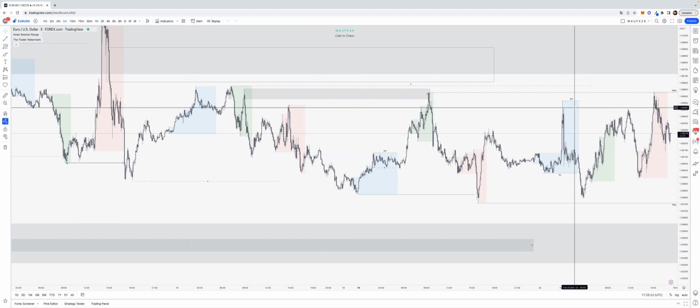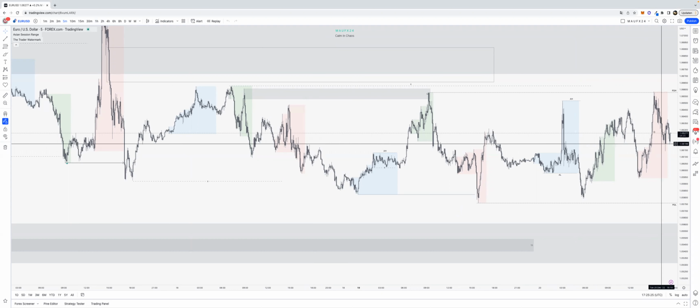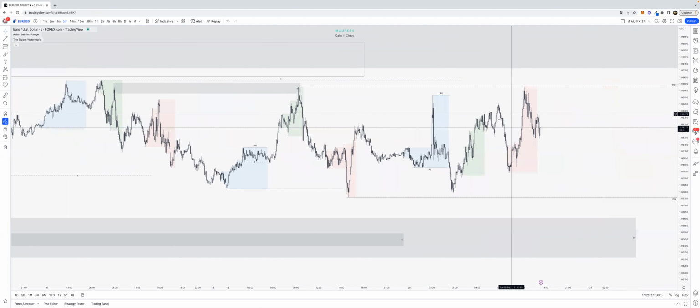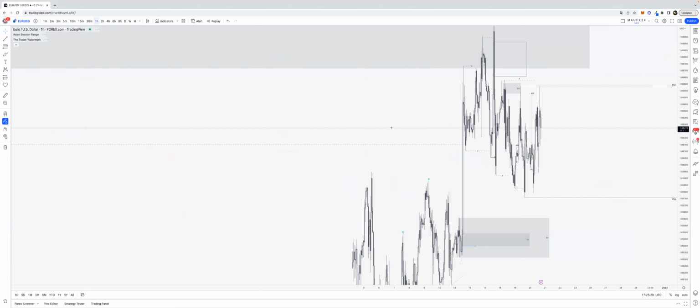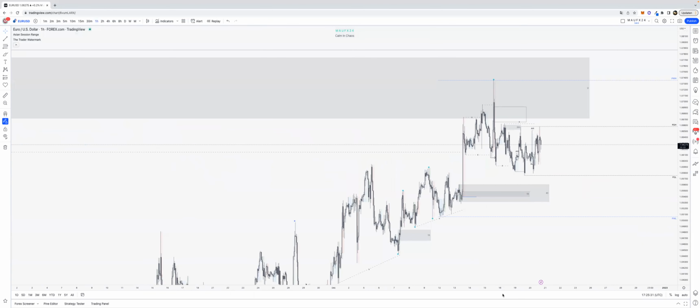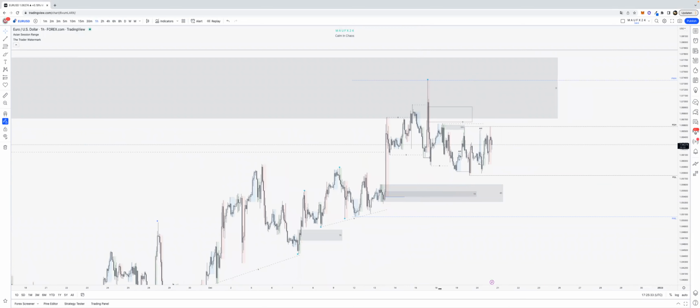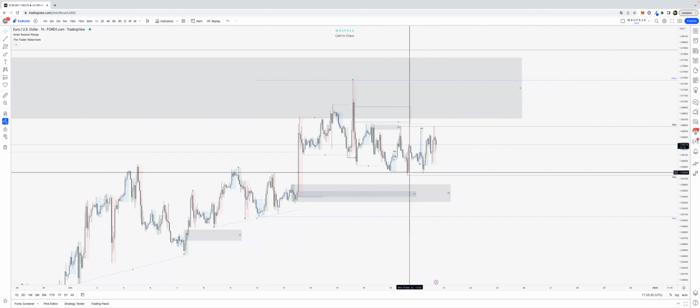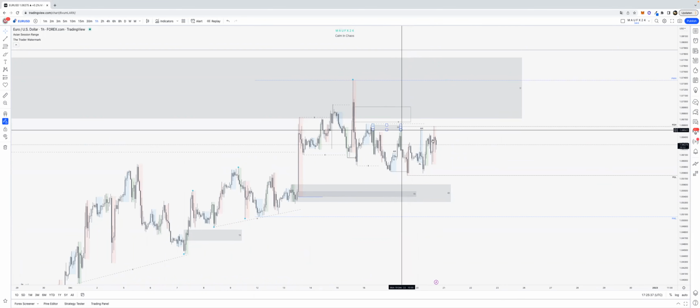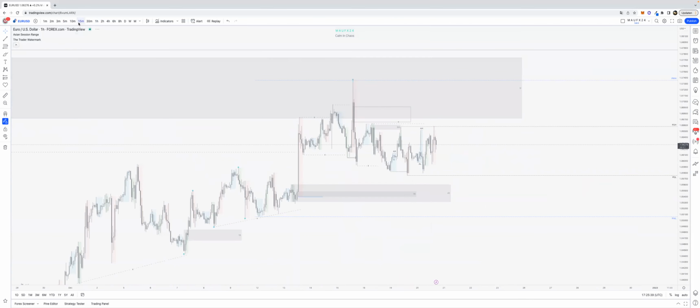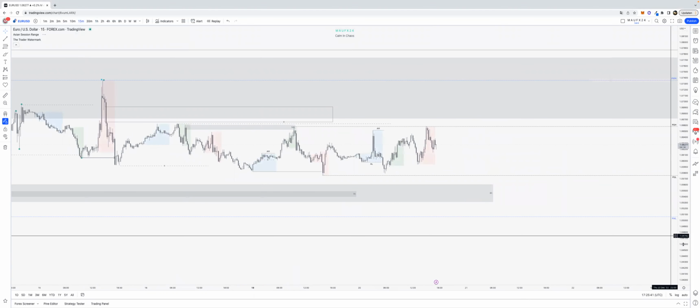Nah, there's not much. Let's just see what price did today. All right. So we had our previous daily low, we had our previous daily high, then coming into, oh my bad, just